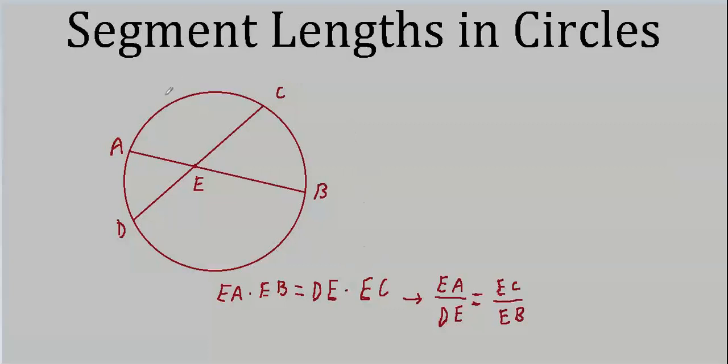But English words are pretty clumsy in mathematics. That's why we have equations. Anyway, the reason that this would be true is pretty easy to demonstrate. Well, suppose we connect up these endpoints. So we create a couple of triangles. If we can show that these two triangles are similar, then we automatically have all this stuff right here.